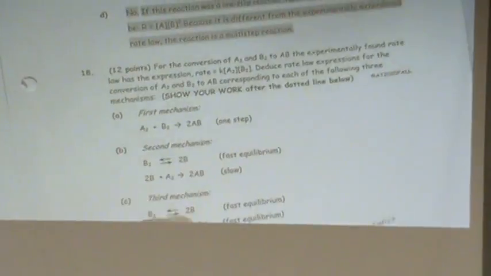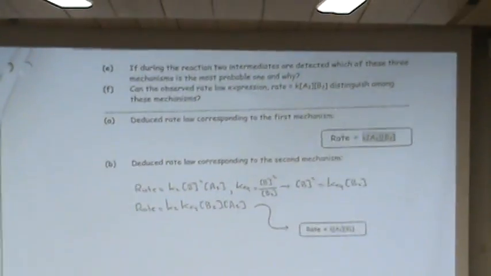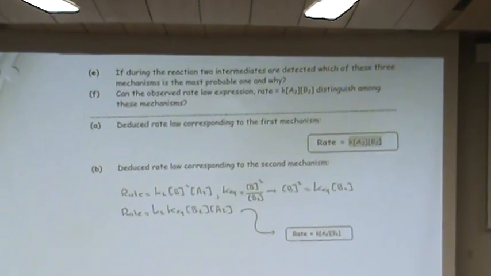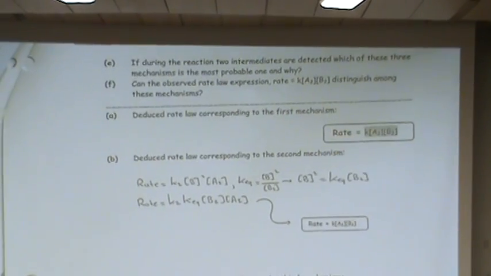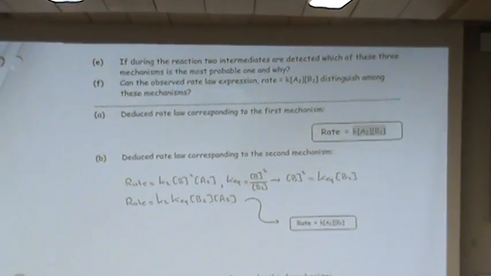And the last one is what? The last one is answer to what? Can the observed rate law expression distinguish among these mechanisms? No. Each of these mechanisms has the same rate law, like the